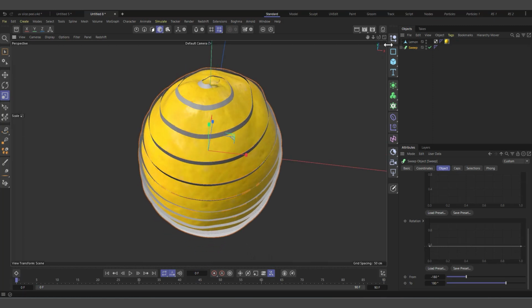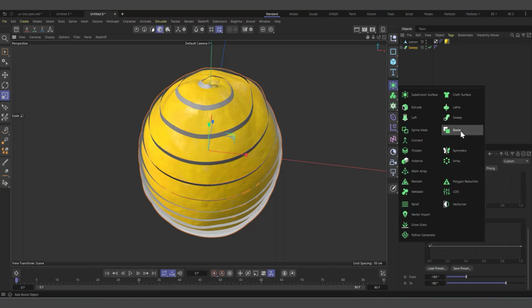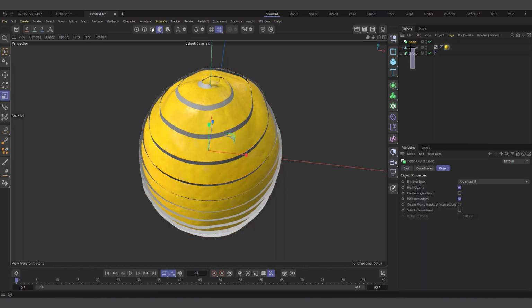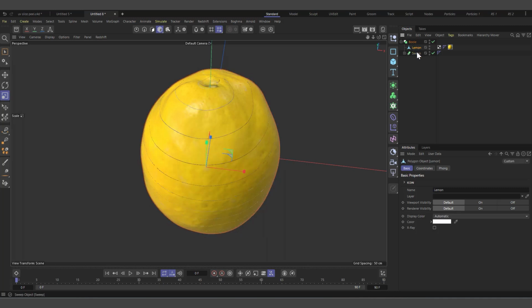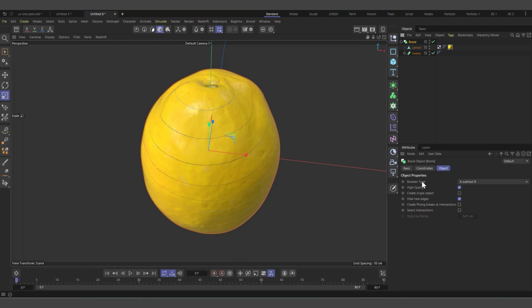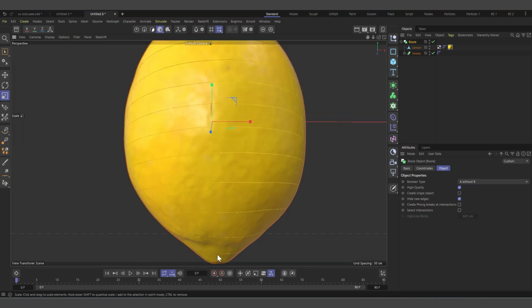right? And now let's go ahead and create our boolean object and select the lemon and the sweep. Make the child of the bool, the lemon first and the sweep, and select the bool. Come into the boolean type. Let's change it from subtract A subtract B to A without B, because this is similar though, but what we want is A without B. And I can see it has some slices